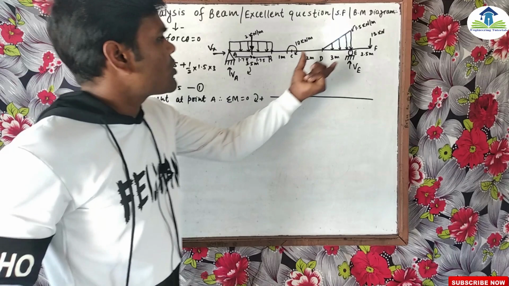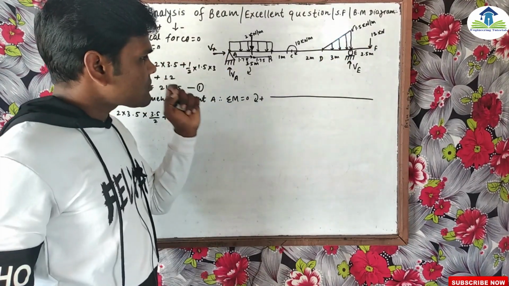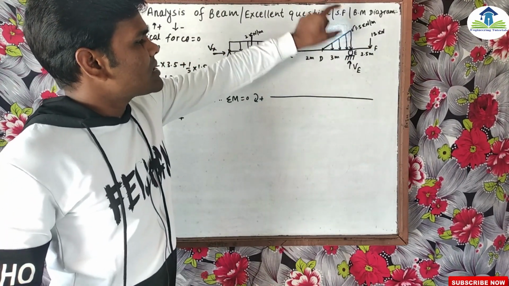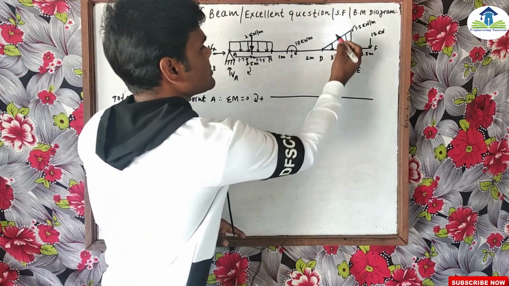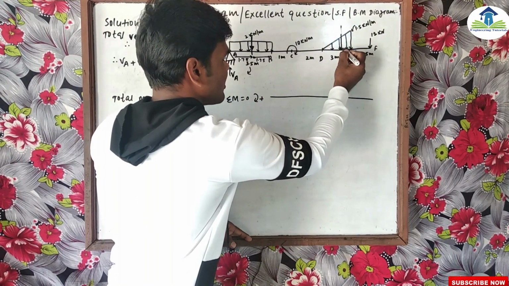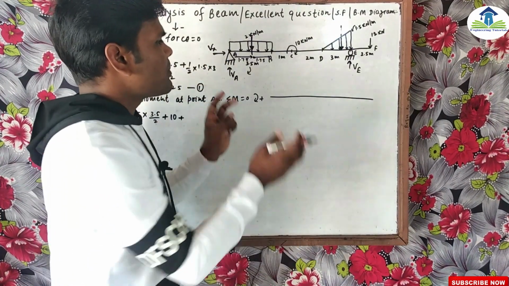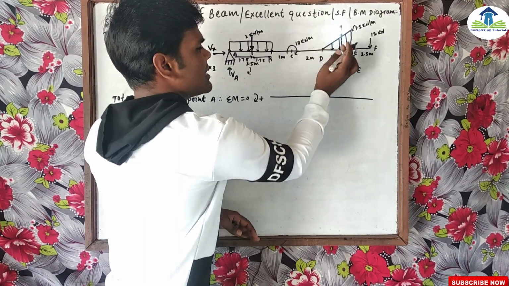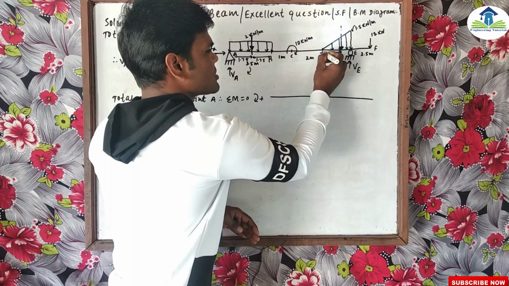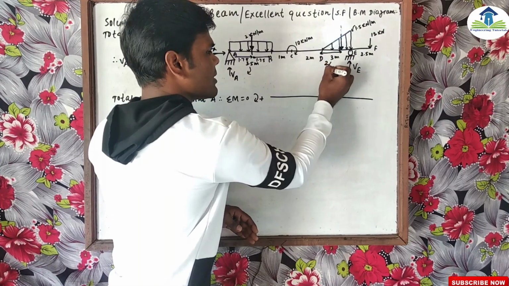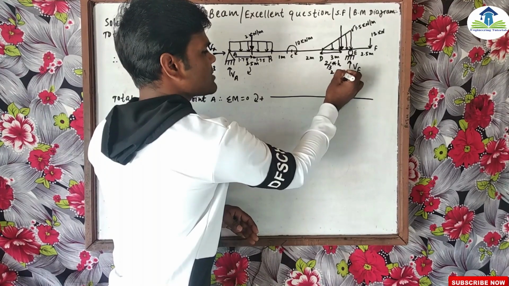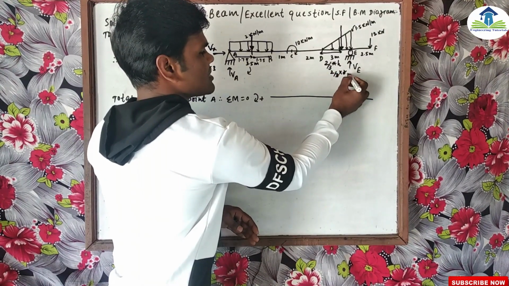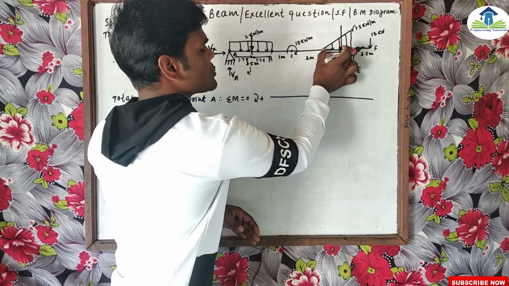Now this is another force, which is the UVL. So where is the total concentrated force acting? This is acting at that point, we assume. From this side, what portion does it take? 2 by 3 multiplied by h. So 2 by 3 multiplied by h means 2 by 3 of 3, which is 2. This is the 2 meter portion.